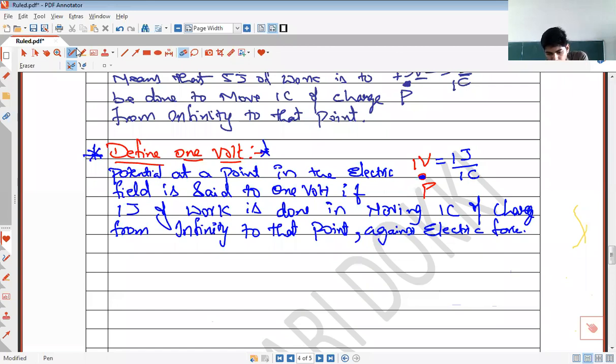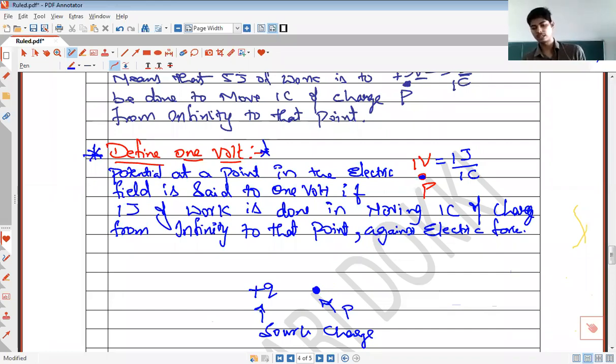Suppose we have a source charge here. Let us suppose this is a source charge, right? Can you tell me what properties produced by source charge can be observed at this point? At this point P there are 2 electrical effects. Can you tell me which are the 2 electrical effects that you can observe at point P?